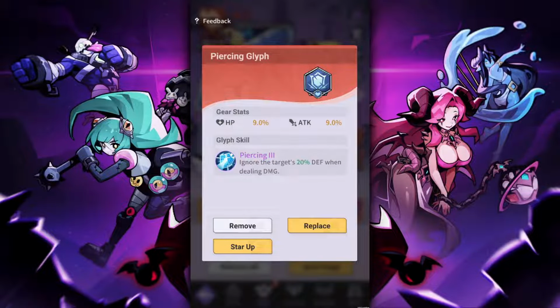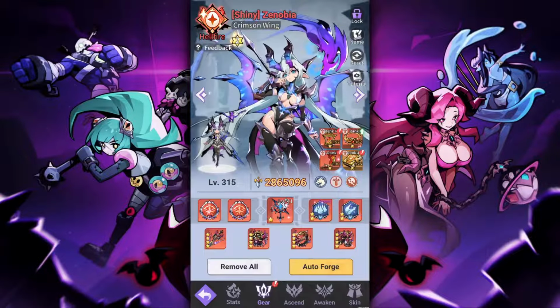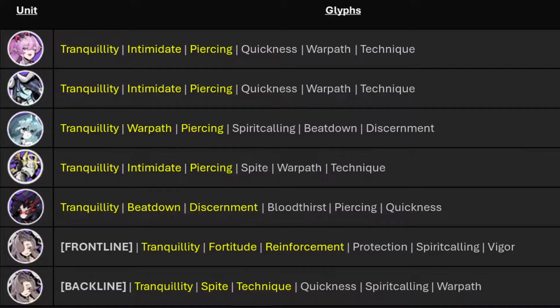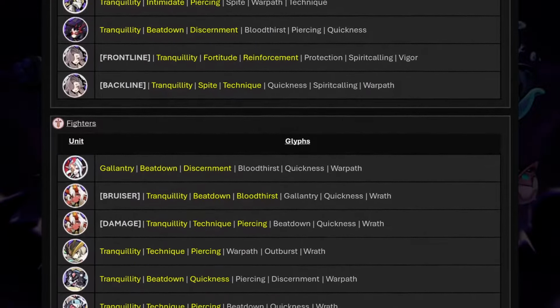Then you have potential Quickness, which will improve the time taken to reach your ultimate with energy, and then you have Technique for overall higher skill damage. I'm really not a fan of Warpath as the attack bonus gained isn't that much, and I'd just rather slot in something different. You can go down this list and see what monsters you have and what are the recommended